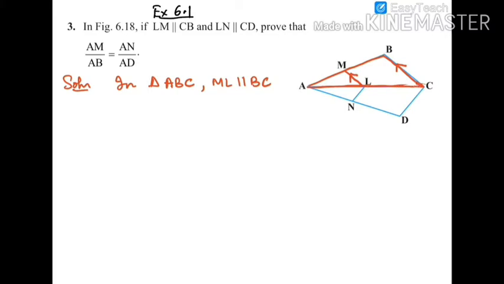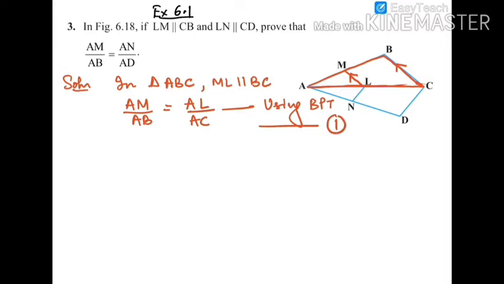But instead of using this ratio, we can use the other result that we have proved earlier, that all segments of these two lines are divided in equal ratio. Why do we do that? Because in the question we are asked AM upon AB. So we will choose our ratio in the same manner. Starting from point A, AM upon AB is equal to AL upon AC. Write down the reason and mark this result as 1.